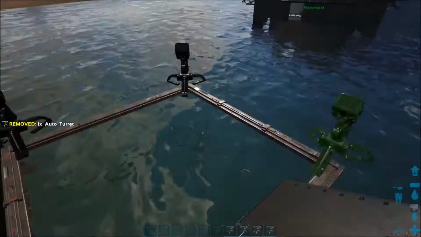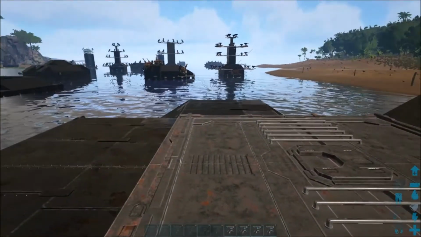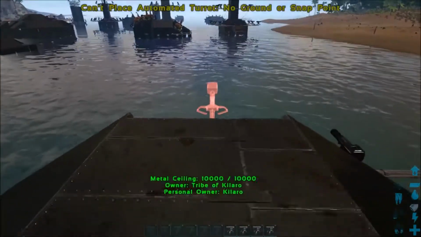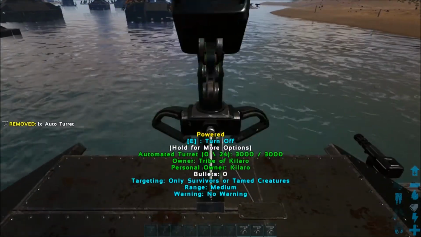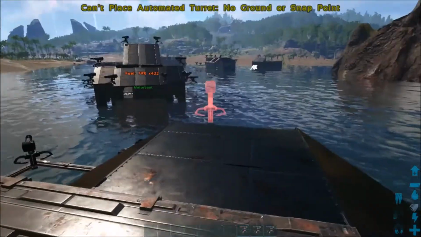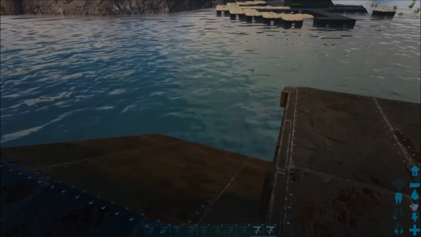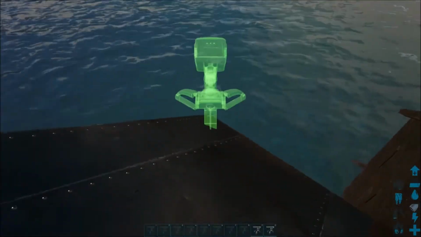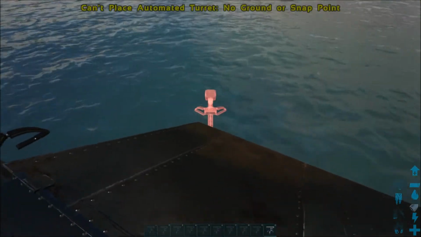One on each corner, just like that. On the top, we're going to put one off this side in the middle here, like that, and then one on the opposite side of that, so right there, and then on these corners on the back, one there. This is right by the entrance to the boat,